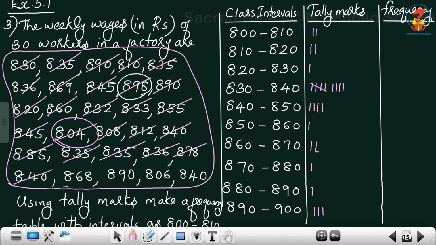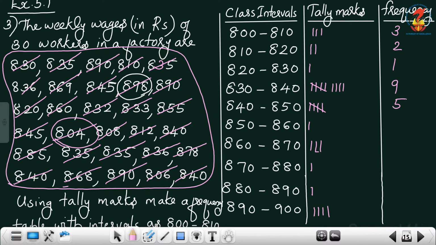Then 868, 890, 806, 840, 840. So we can write down the total number of tally marks against each class interval: 3, 2, 1,